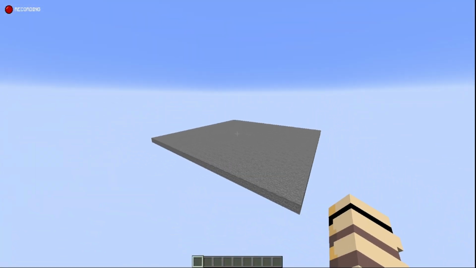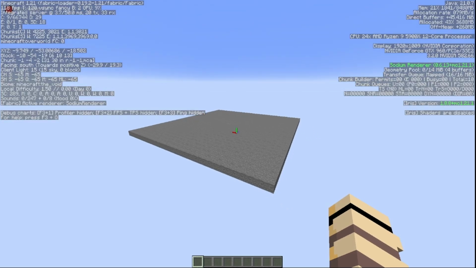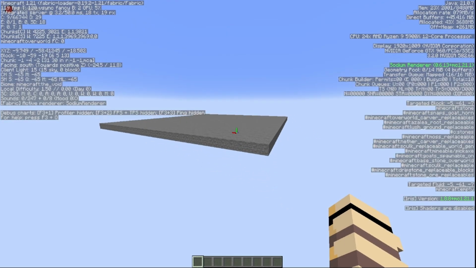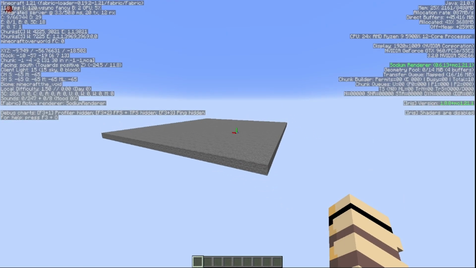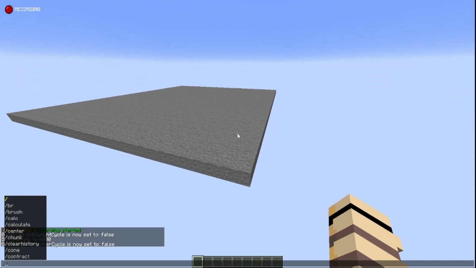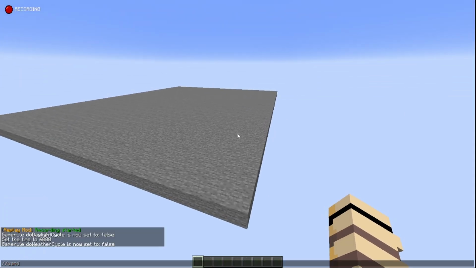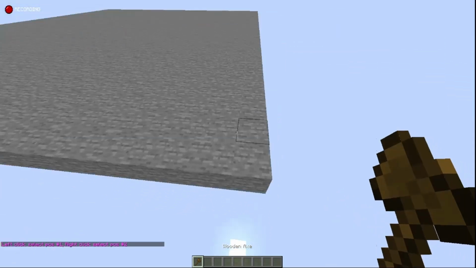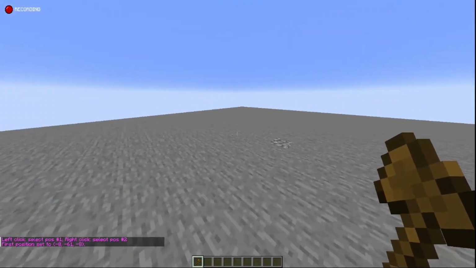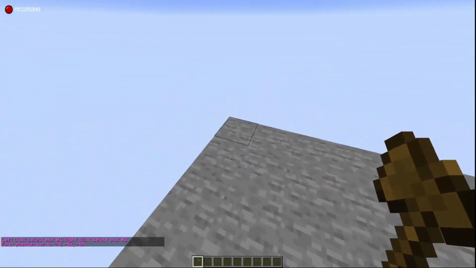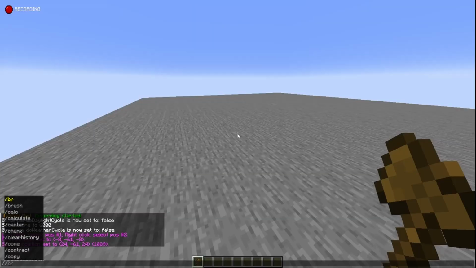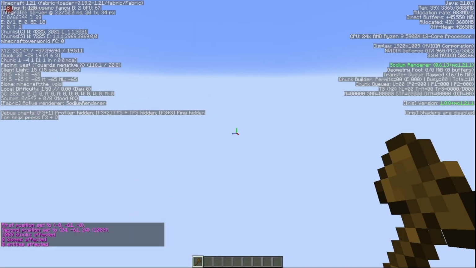What I like to do next is just to check what Y level we are. As you can see, we are at -50, which is actually quite low. So what I'm going to do is, with the use of WorldEdit, I can give myself a wand, and we can just move this platform up higher. So I'm going to do cut, and with